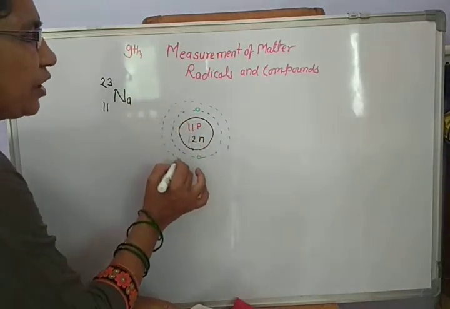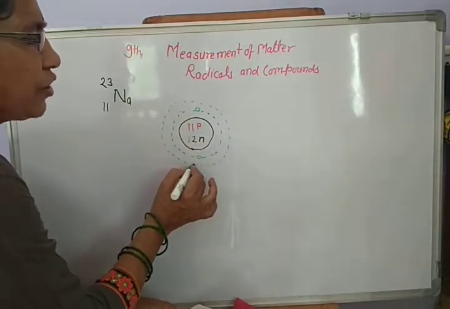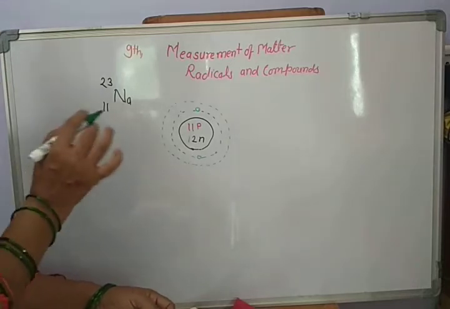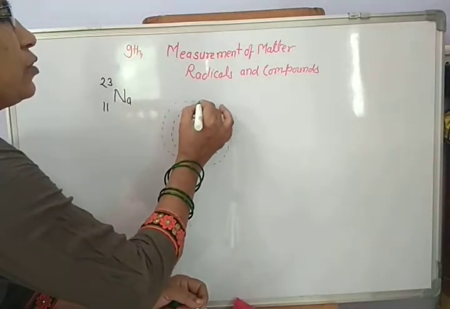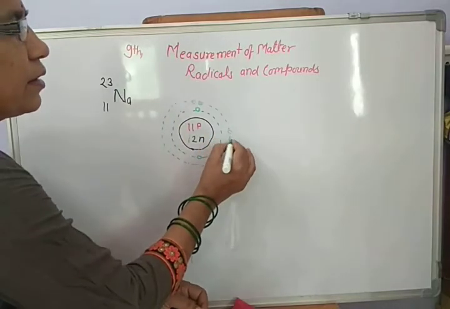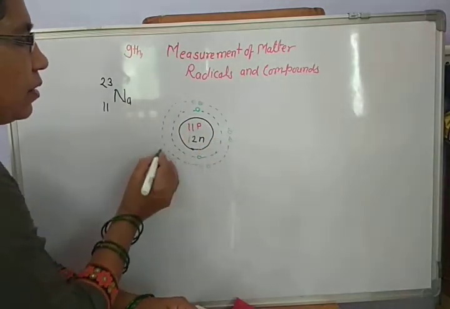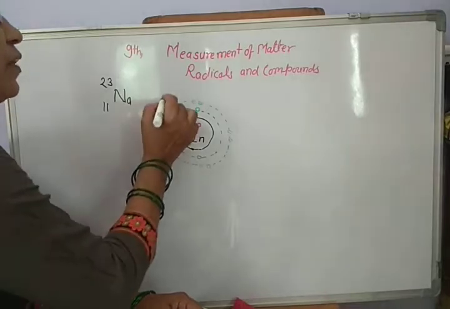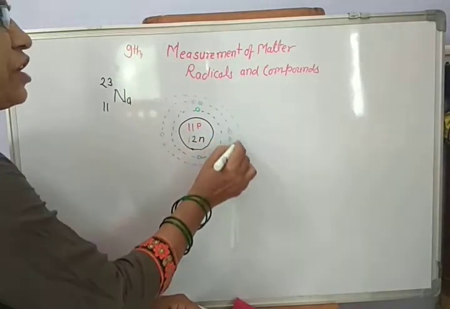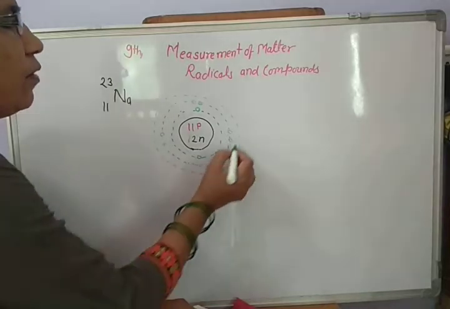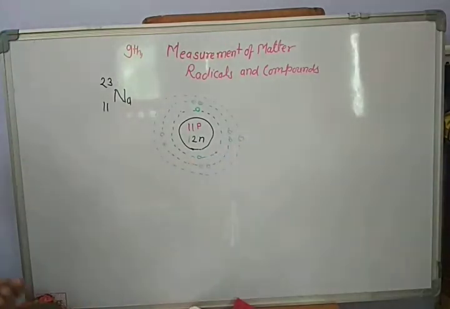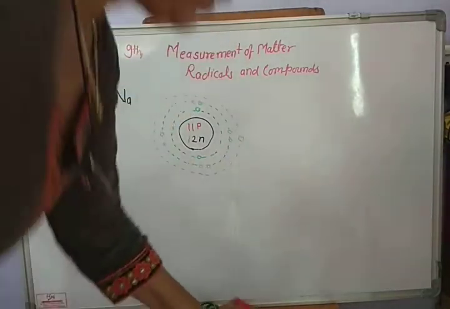These orbits are dotted lines because there is no actual path. This is the space where we can most probably find the electron. So there are 8 electrons, and in the outermost shell 1 electron is there. When this 1 electron is donated,